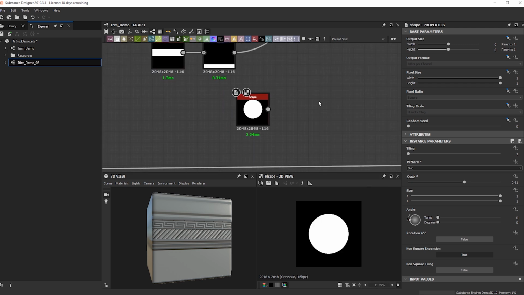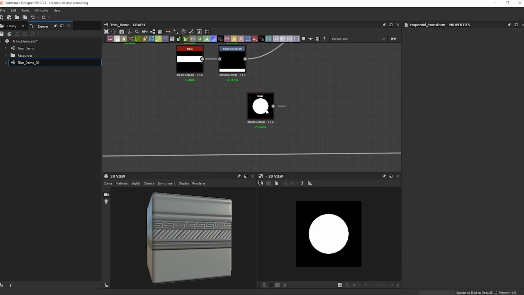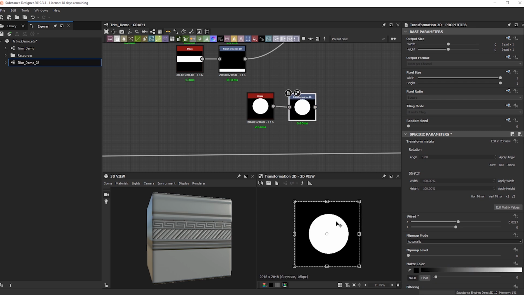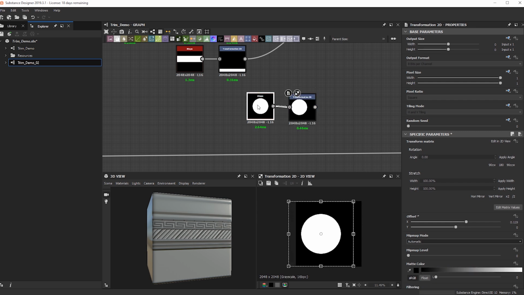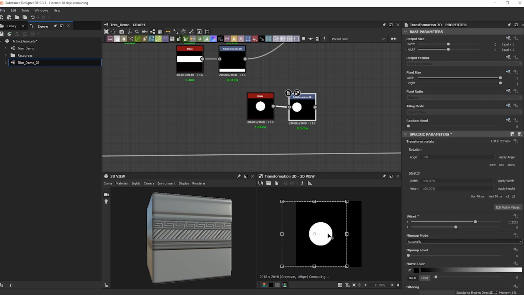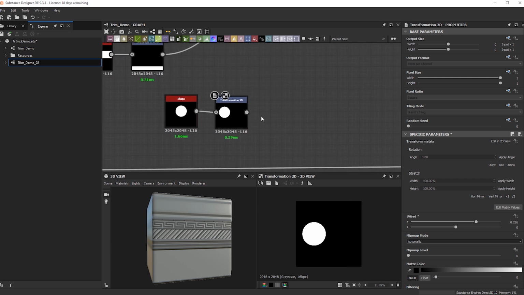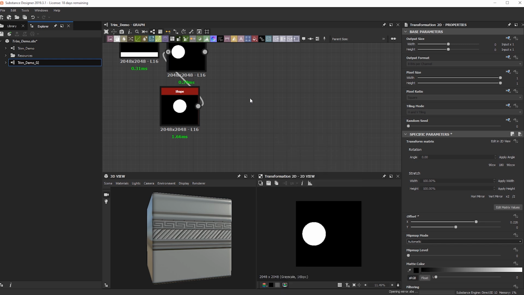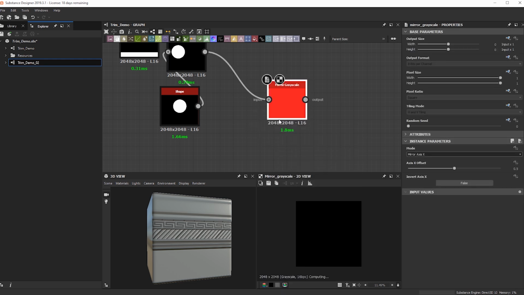And then I'm going to move this guy over a little bit. I'm going to scale it down even more. So just something like this. And move it to the side. And then I'm going to do a mirror grayscale. That way it's going to flip on the other side.